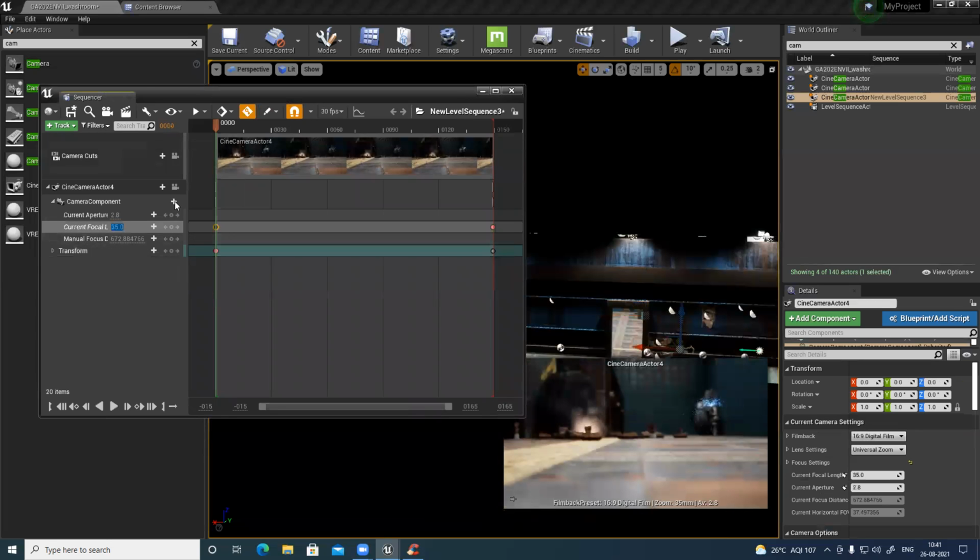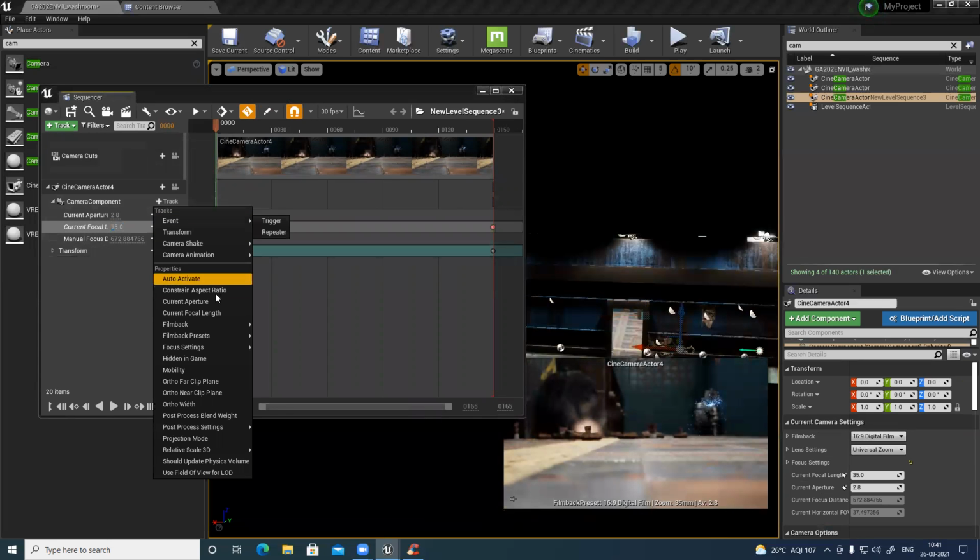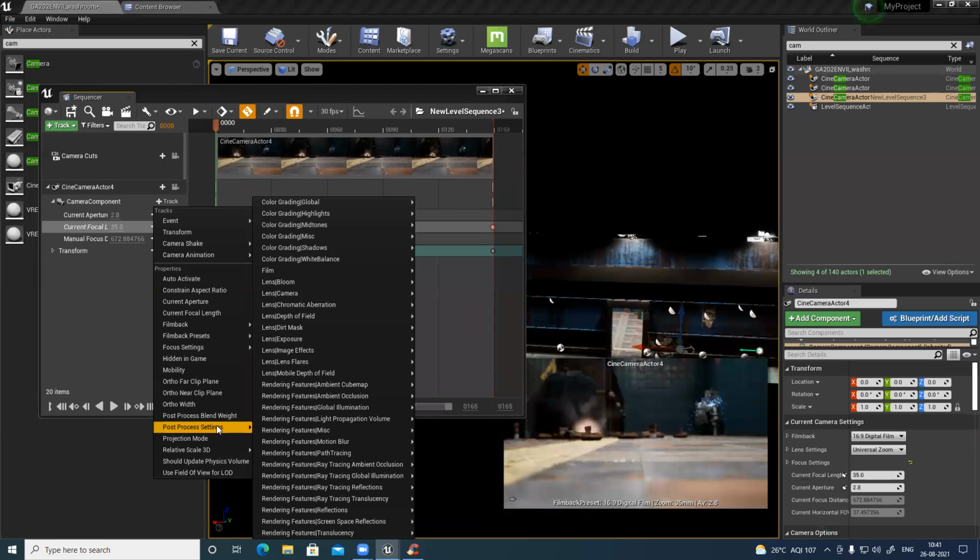I'll go back here. The camera component that I want to add is depth of field. Post-process settings, and where is my depth of field? Oh, this is mobile depth of field. Lens depth of field.